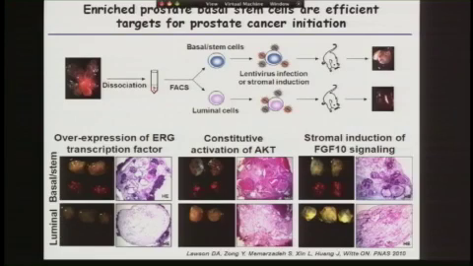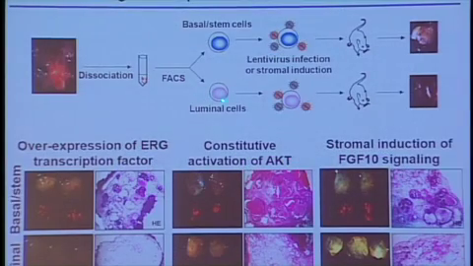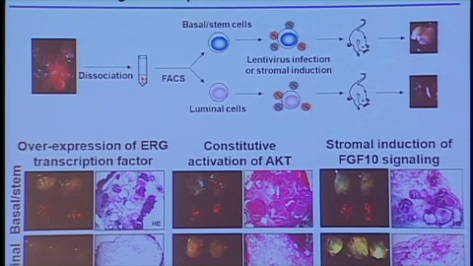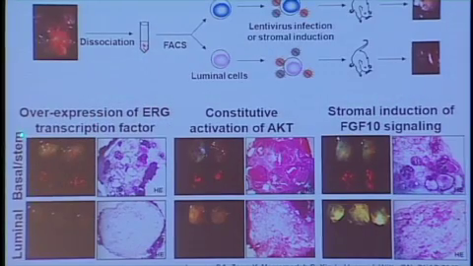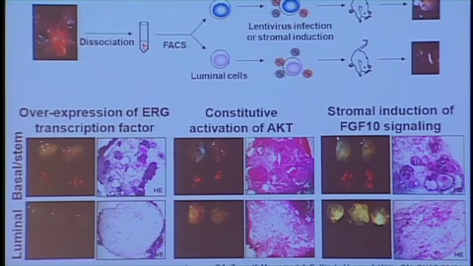And the style of experiment, again, is to take populations of cells, separate them cleanly into basal stem cells or into luminal cells, introduce various oncogenic insults, and evaluate the outcome. And the take-home message, and I'll show you 3 examples here, but we've done it with a dozen different genes and multiple combinations, is the only cell type in these assays that we can transform with high efficiency are the basal stem-like cells that are the same cells that can regenerate the tissue.